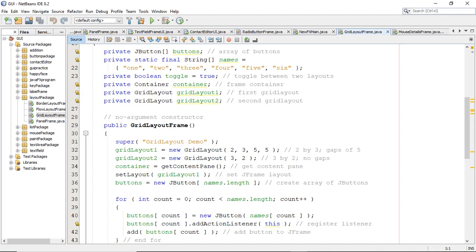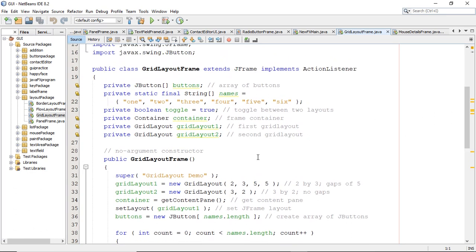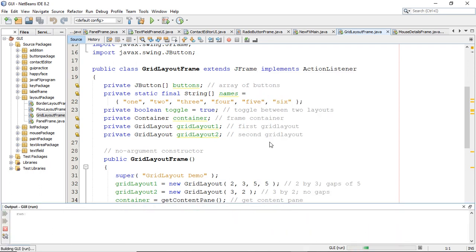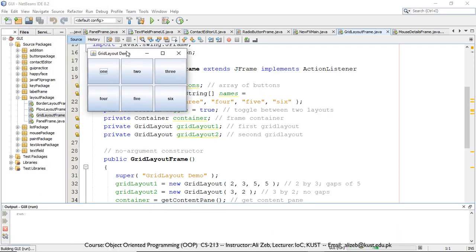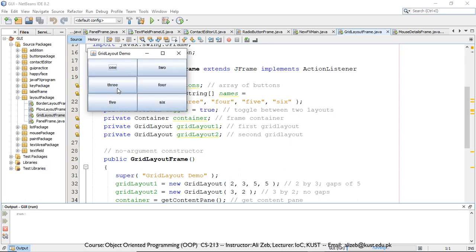Similarly, we can have a grid layout. For example, we have these buttons. If we look at the output of this code first, we have this grid layout demo where we have these buttons in a 3 by 2 matrix form, and when we click this, the grid layout is toggled to a 2 by 3 matrix. So we are basically just demonstrating the grid layout where we can have buttons in the form of grids,